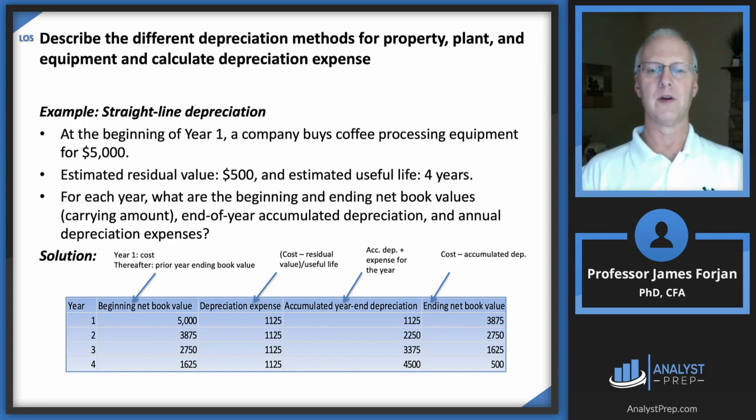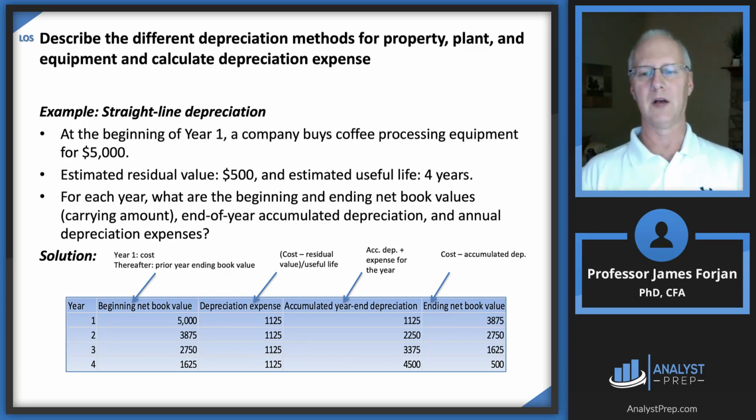So look in the third column there. First column says years 1 through 4. Depreciation expense is $1,125. So straight line depreciation, that's a fixed depreciation, a constant depreciation expense every year. And so we start with the beginning net book value of the initial cost, and then we work our way all the way down to the bottom right of that ending net book value of $500, which represents the residual